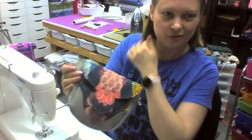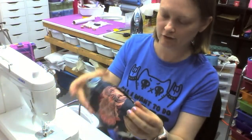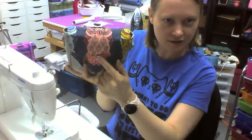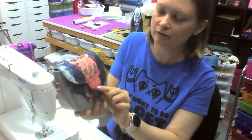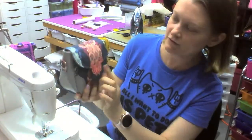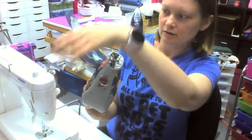I'm not really thrilled with the stitching job I did on the strap, but I'm out of this gray vinyl, I think. So I managed to fussy cut it. If you can see, this flap is separate. I think I did pretty well at, for the most part, fussy cutting, so this kind of blends in. And then you can see